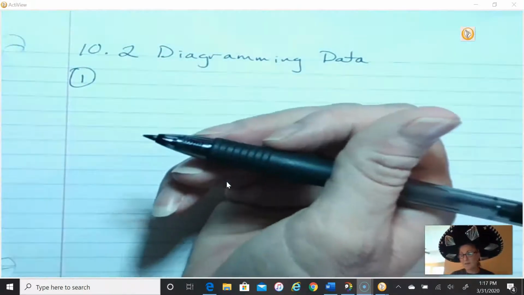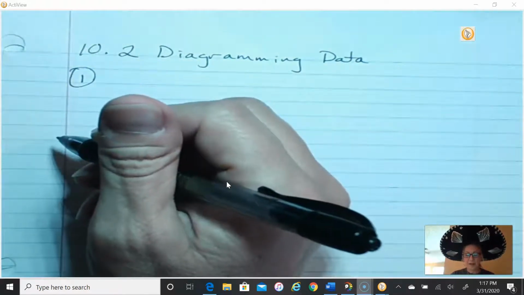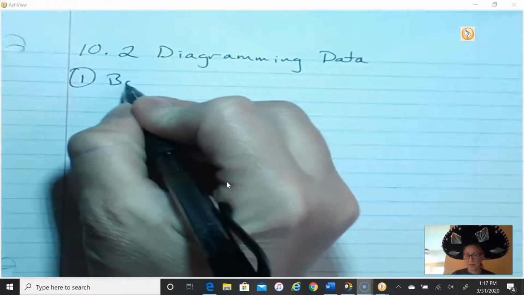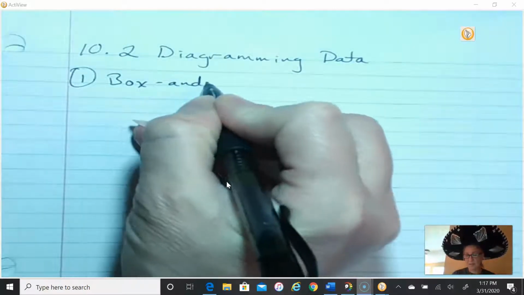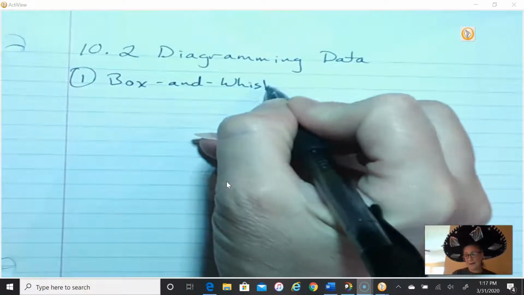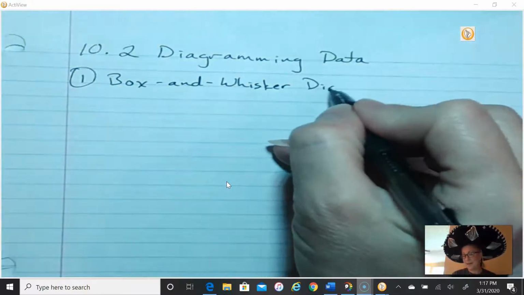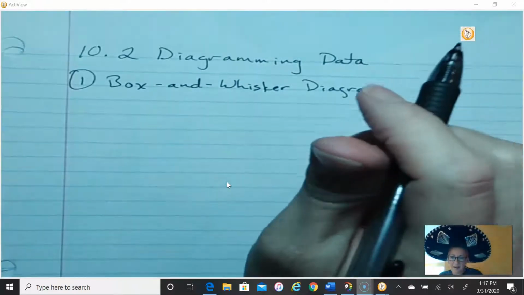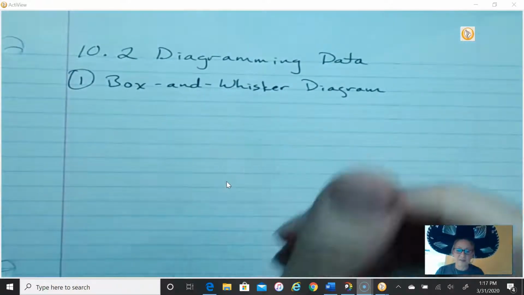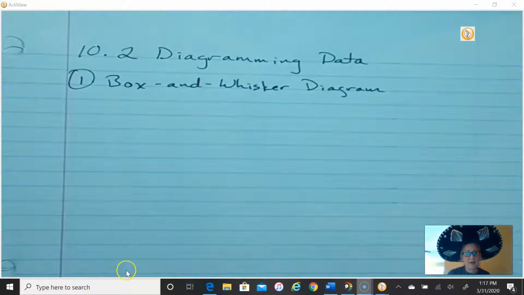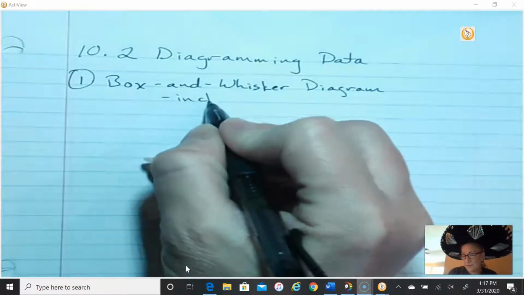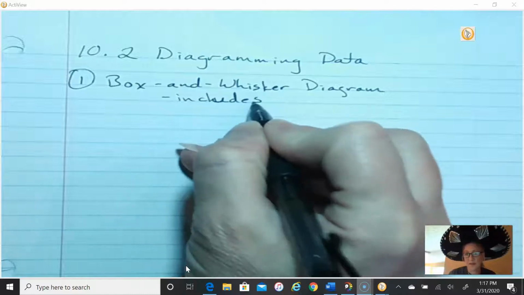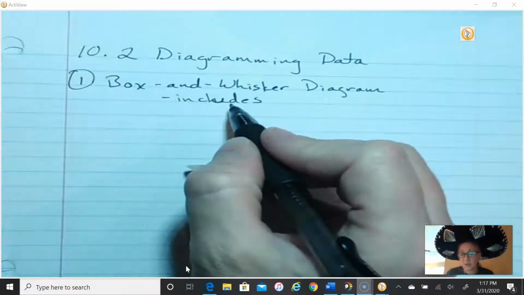So today, you're going to learn about 3 different types of reporting your data. Now, I'll be straight up with you. The box and whisker diagram we're about to do, it's weird. It's real weird, but even Miss Callahan, who used to teach this class, complained too. But you definitely have to know it, okay? So I am teaching it to you. It includes